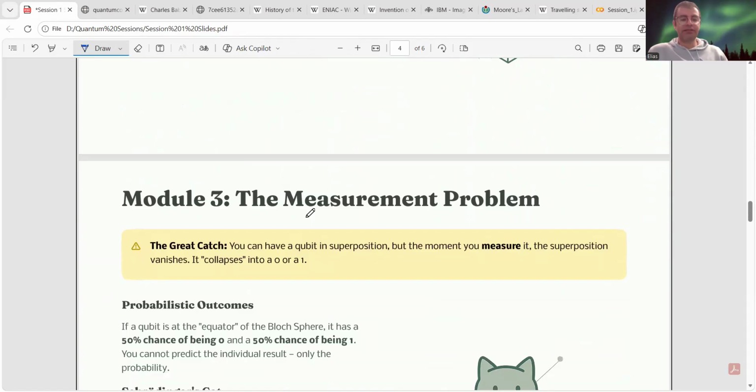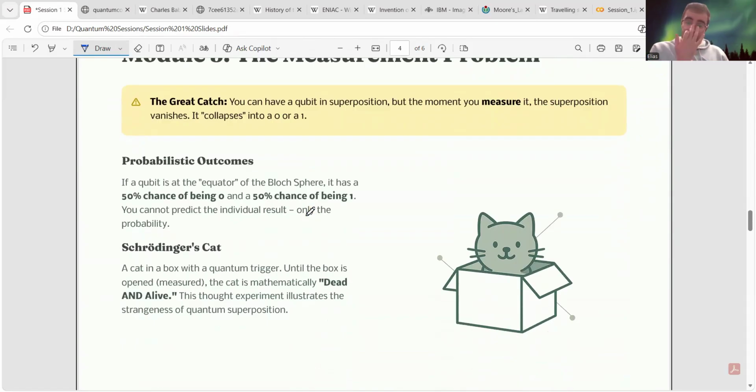So I talked about this already. Let's go to the measurement problem. There's one interesting thing here, and you might have heard already in a lot of movies and books about Schrodinger's cat. I'm going to simplify it. If you have a cat in the box and some poisonous material, like a radioactive material that keeps decaying, you don't know how long that decay might take until the poison is released. So until you open the box, you don't know if the cat is alive or dead.